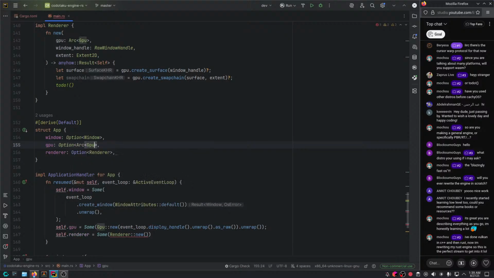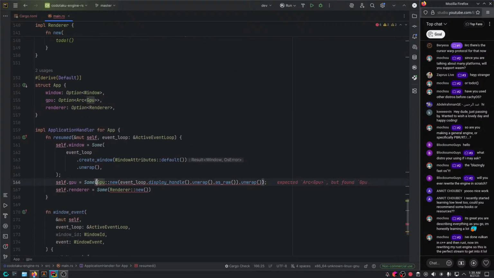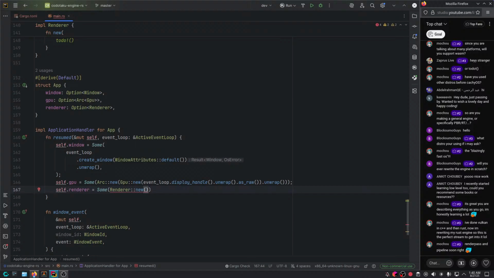And yeah, let's actually change this to an Arc and basically make this into an Arc::new. And so here I could just copy the Arc and give it one. So we use an Arc to basically share ownership. Instead of passing references everywhere, which would make it a hell for us in Rust because of lifetimes and so on.